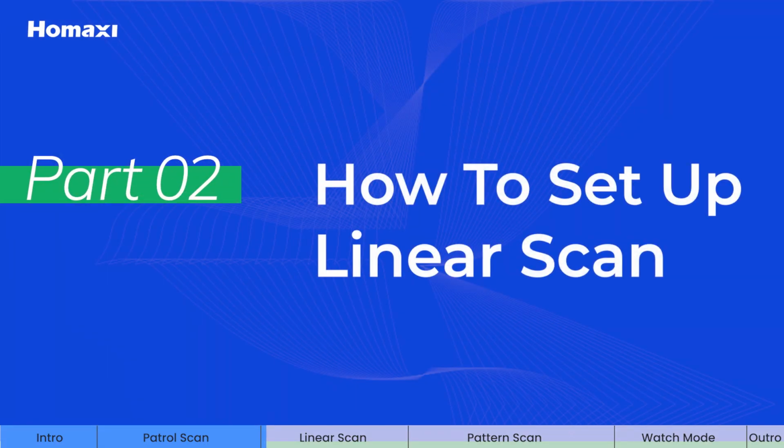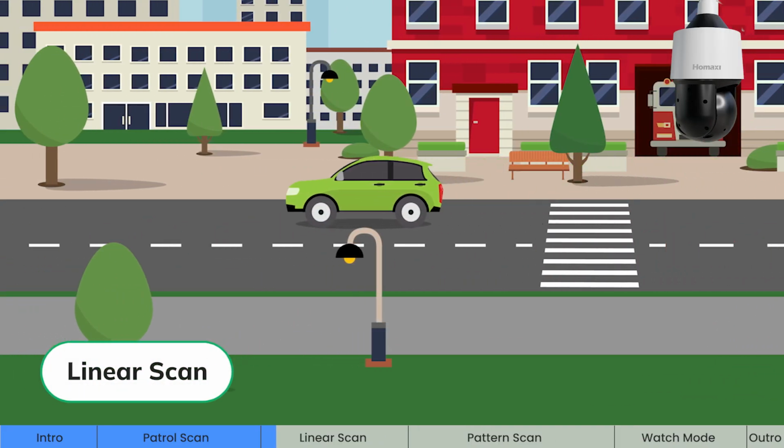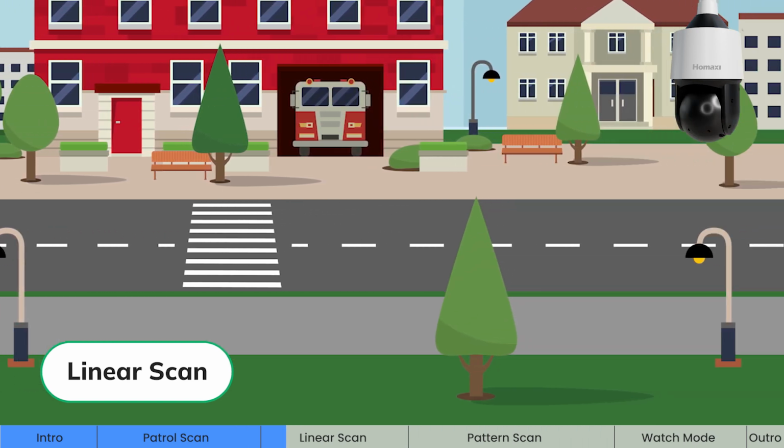Next, how to set up linear scan. Ideal for monitoring long, narrow areas like fences, roads, or perimeters, the camera moves along the set path to cover the entire